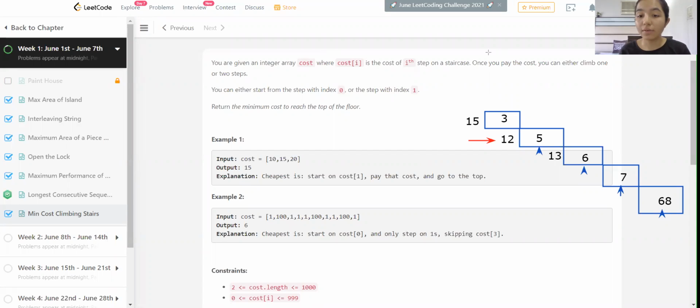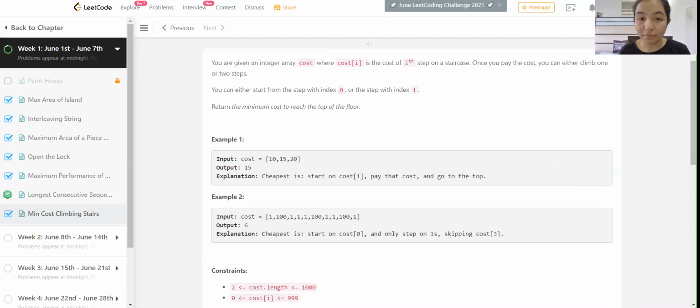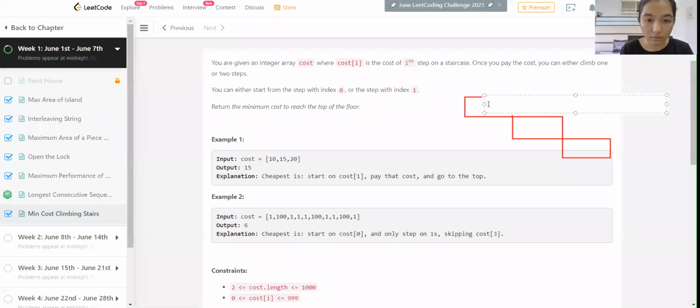All right. So now let's start again and let's make 3 stairs with 10, 15, and 20. The top one is 20, the middle one is 15, and the bottom one is 10.